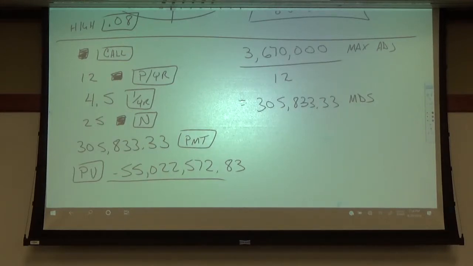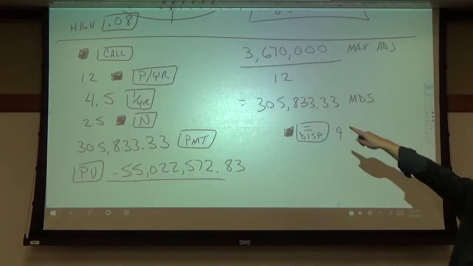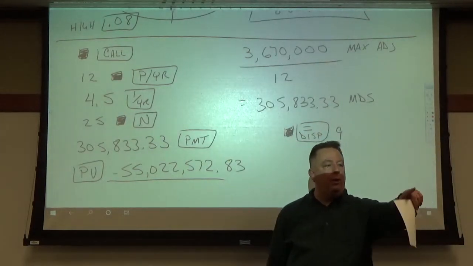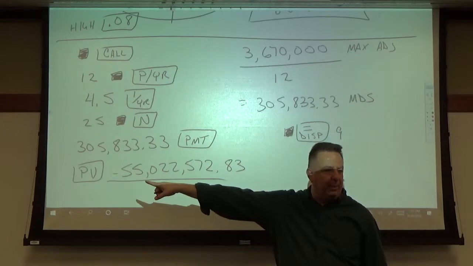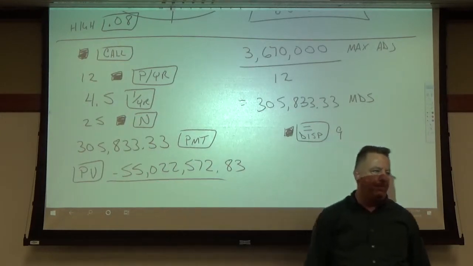All right, so on your calculator, do as follows. Hit Shift, and then you're going to hit the equal key, but what you're actually doing is accessing what's below it, which is DISP, display. Then you're going to type 9. That's going to kick out your decimals to 9 decimal places, so it's not going to automatically round everything off. Once you've done that, let's go back and put in everything again, or you may be able to just re-solve for present value and it may fix the problem. It depends on what it rounded off and what it didn't.